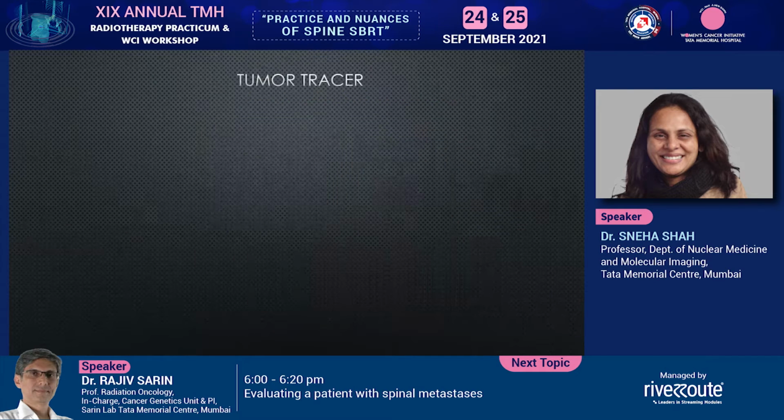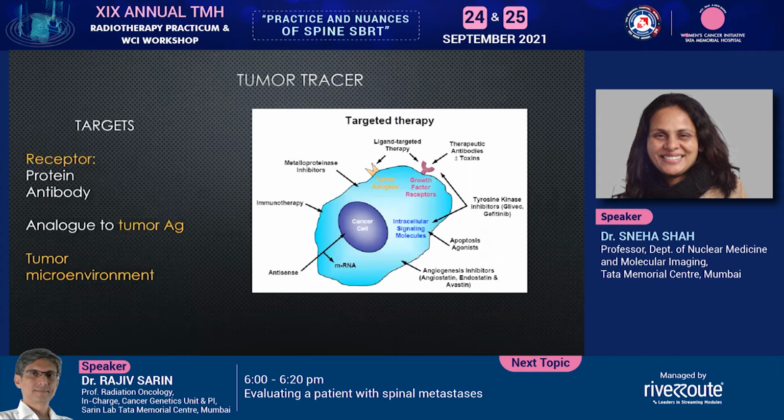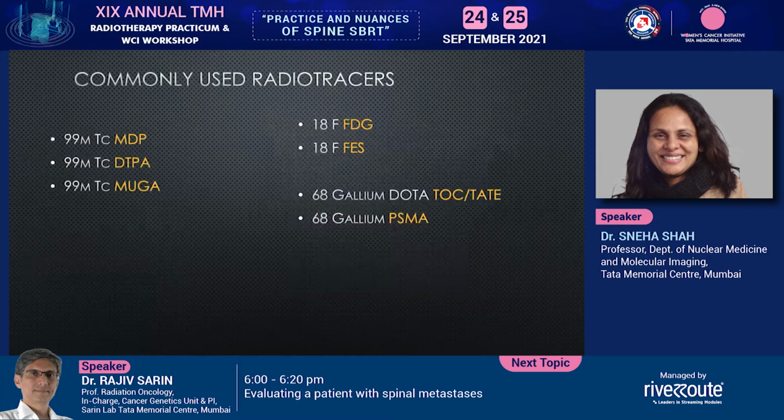But when we are evaluating a tumor, we have multiple targets which can be traced on the tumor, depending on what target, maybe the protein on the tumor cell or the antibody on the tumor cell or an analog which we can tag along with the radioisotope. We could also tag the tumor microenvironment. So what we need to know when we're looking at tracing a tumor is the pathophysiology and the molecular pathology of that tumor, because knowing that, you could trace or tag any of its components and their analogs.